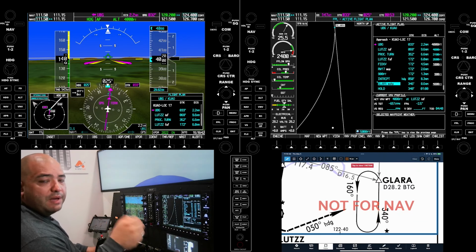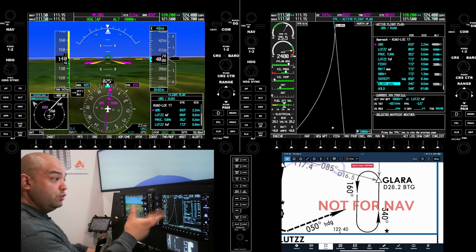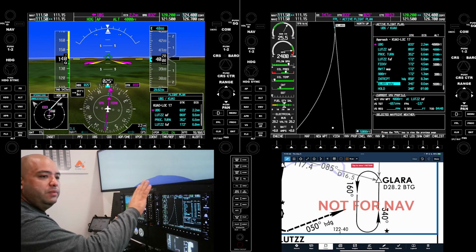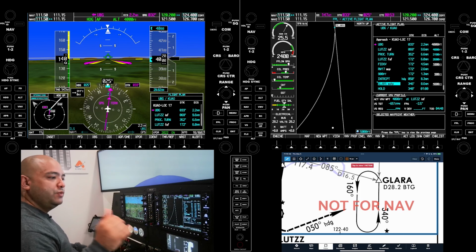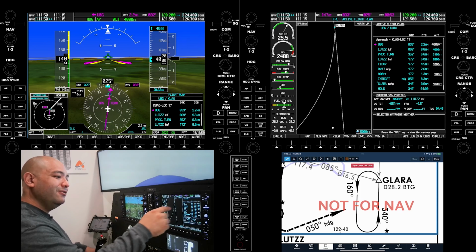With that being said, remember these videos are being recorded in 4K. Make sure the player is displaying it in 4K because there's a lot of information between the MFD and on the bottom right with the iPad. I encourage you to have your own iPad as you're checking all of this. You're more than welcome to pause it. Take a look at what's going on.